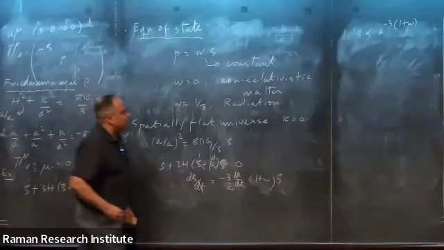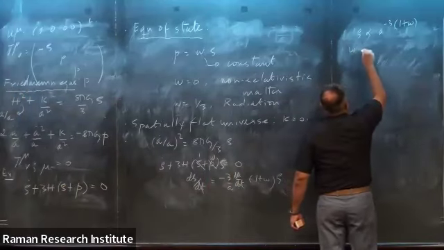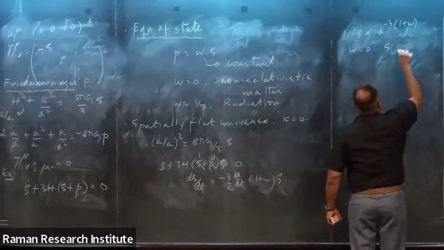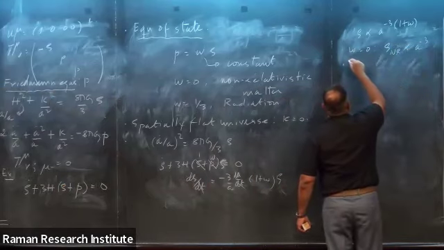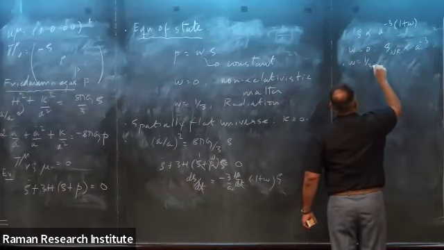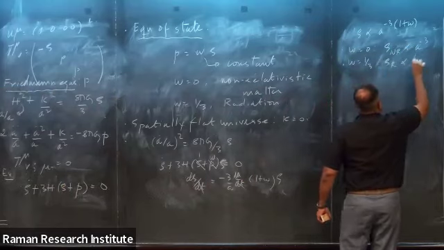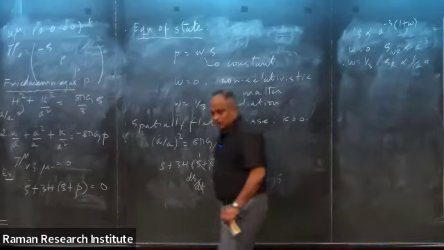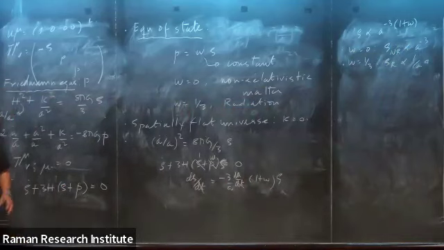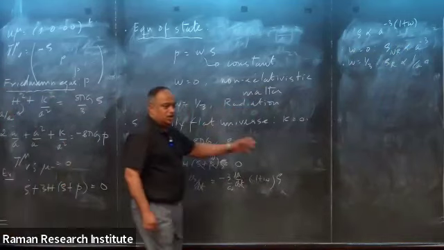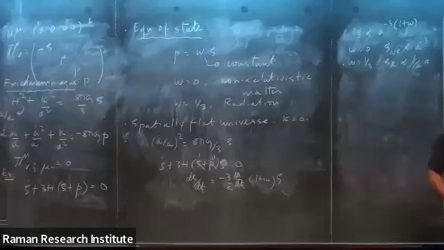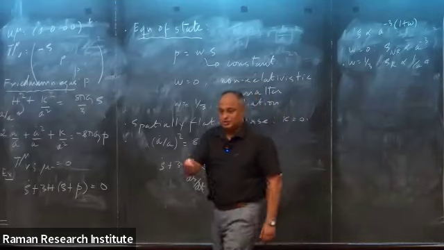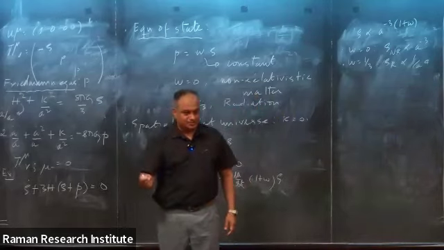Okay, so this is what it is. So when w equal to 0, what do you have? Rho non-relativistic is proportional to a to the power minus 3. And when w equal to 1/3, rho relativistic goes as 1 over a to the power 4. So what we see, something I said in the morning, you can use general relativity to show that as you go back in time, the scale factor decreases, and the energy density in radiation grows faster than the energy density in matter.